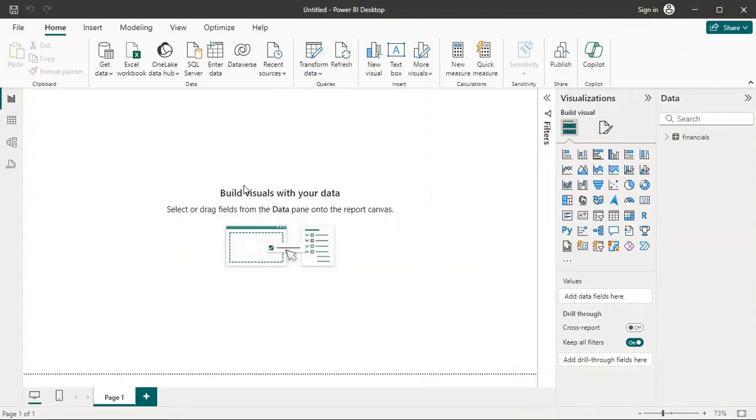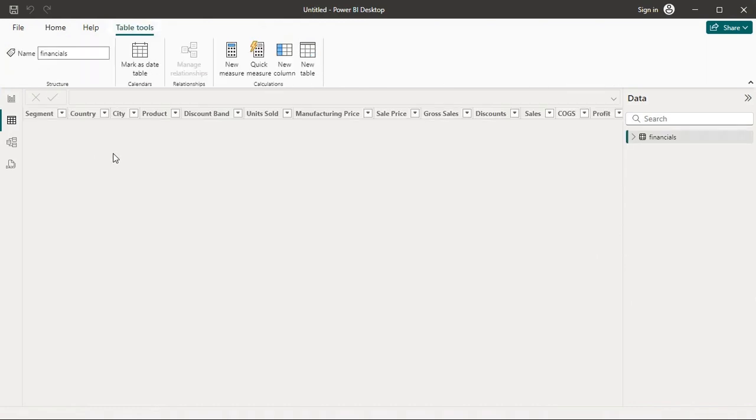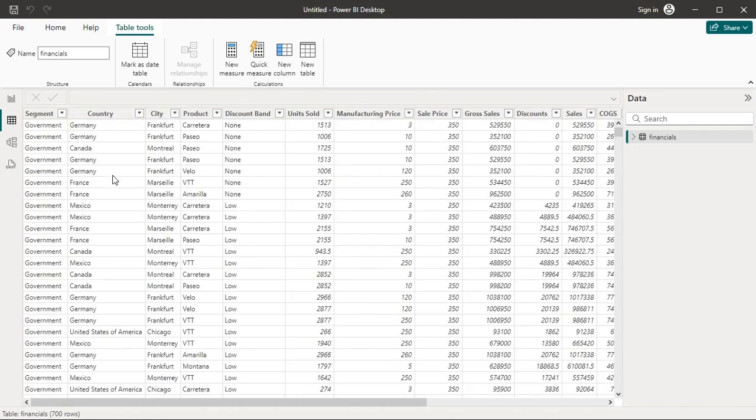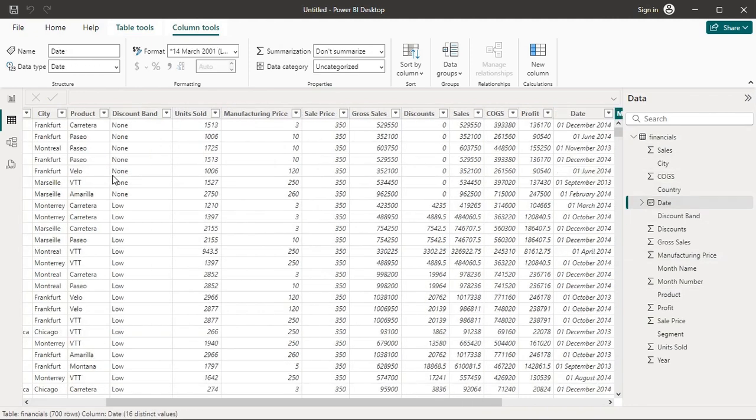Once the data is loaded, you will see your table view. Here you can see all the columns from your Excel sheet like country, product, units sold, sales, COGS, date and many more.